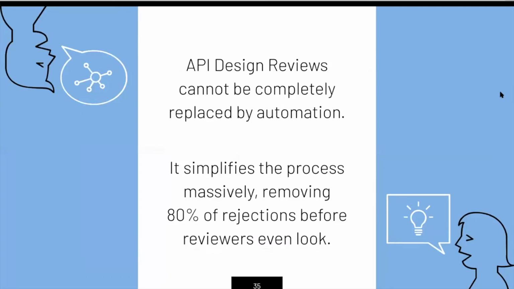And so often when I talk about this stuff, people are like, well, you can't just completely replace API design reviews with a couple of rules. And that may well be true. I mean, it is true. But a huge amount of the work that your API design review teams or governance teams or center of excellence team, whatever you call them, a huge amount of that work can be replaced by rules, because a lot of the time they are checking the same stuff.